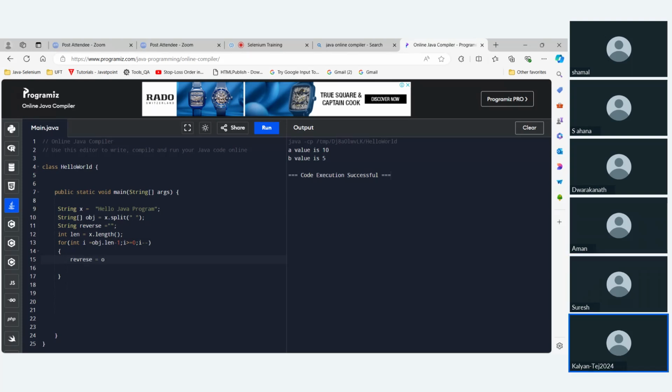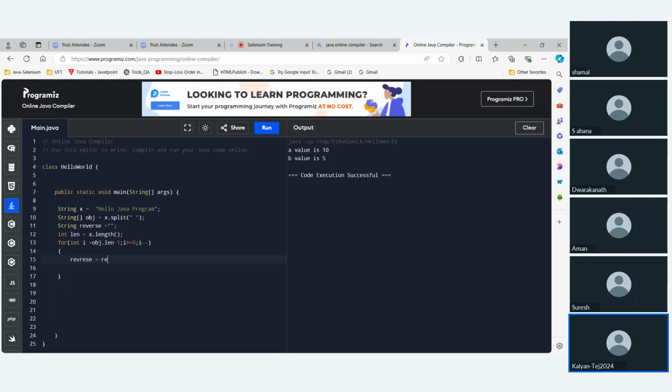You have to concatenate that: reverse plus equals obj of i, plus the space which you have created.